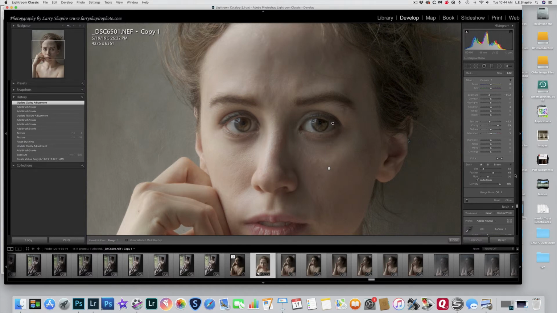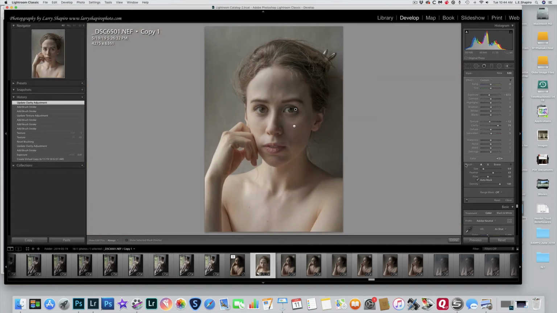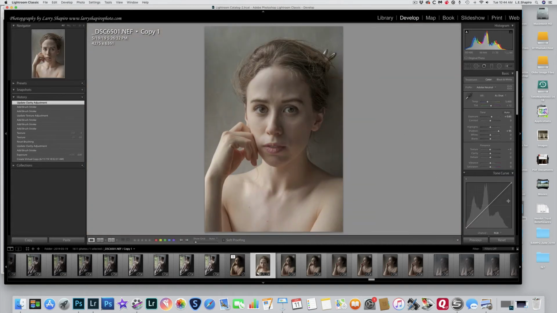And you can see that now we have an image of this rather good-looking young woman, and her skin has been smoothed, but it doesn't look artificial. And I think this is a very useful tool to add to your